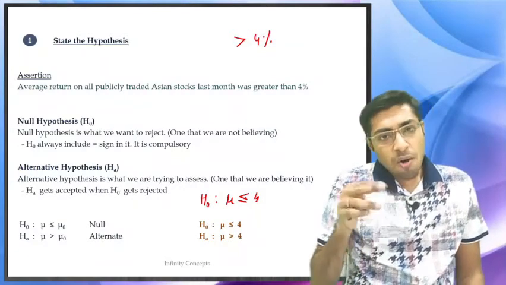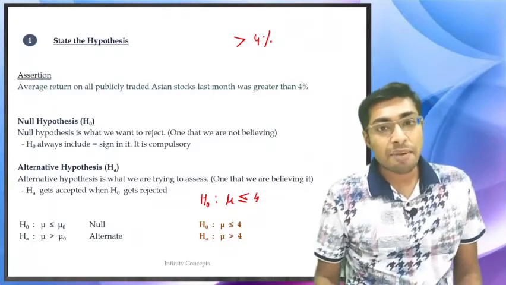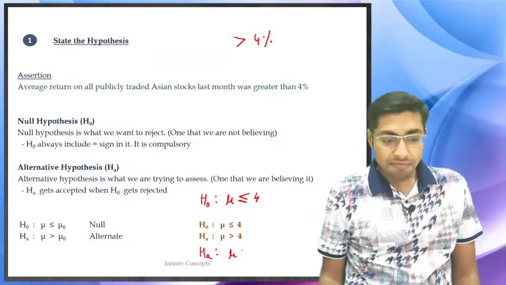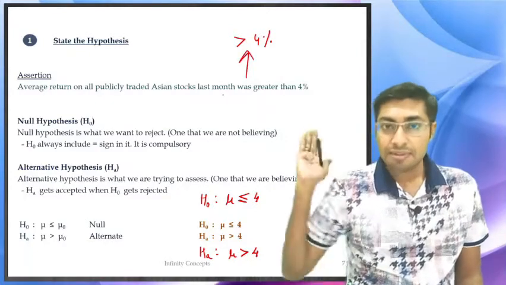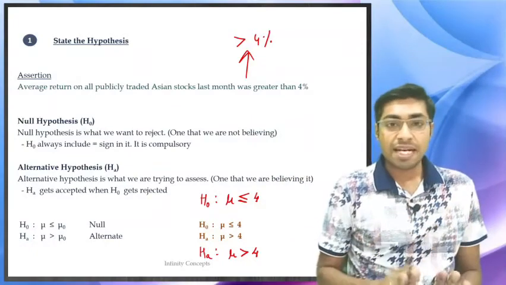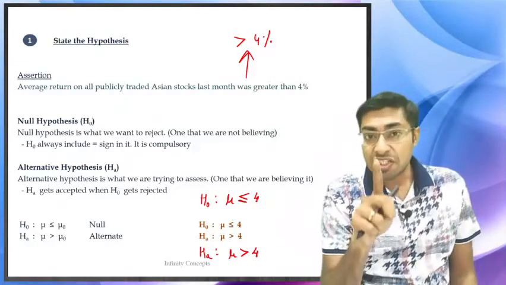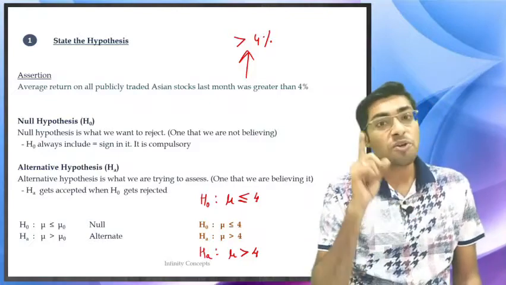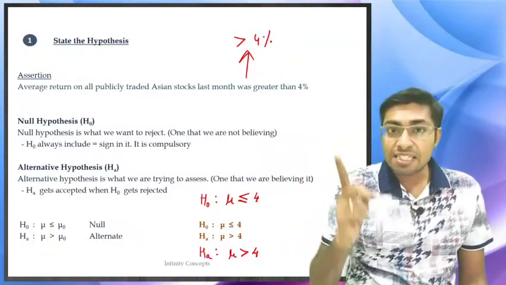Alternative hypothesis is opposite of your null hypothesis, which means something that matches with your statement. So alternative hypothesis is going to be population mean greater than 4%, and this is what we have said over here in the statement. See, so your null and alternative hypothesis you are going to make like this. Remember, you will feel very happy when you reject the null hypothesis. You always want to reject the null hypothesis because this is when you will feel happy. You will feel proud that the statement that you have made is statistically proved correct.